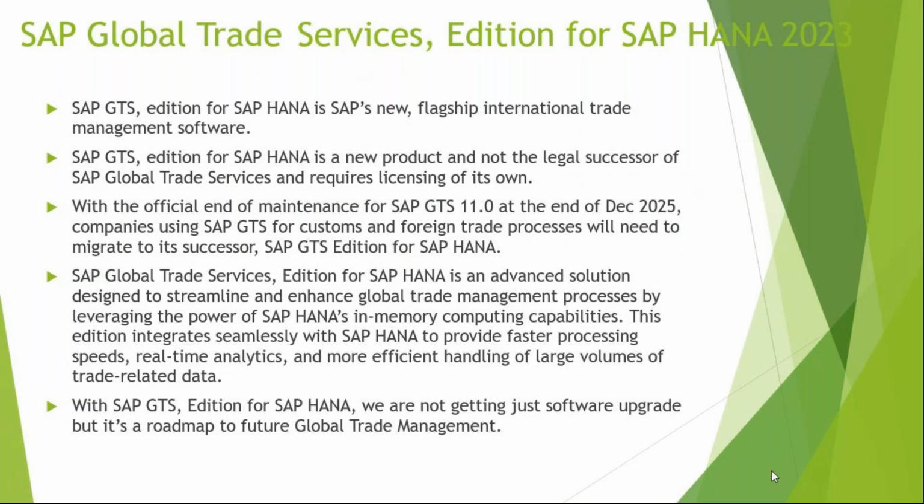But most importantly, the current version, 11.0, will expire from SAP maintenance on December 31st, 2025. Because GTS 11.0, which is being used by most of the companies, will expire by December 31st, 2025,